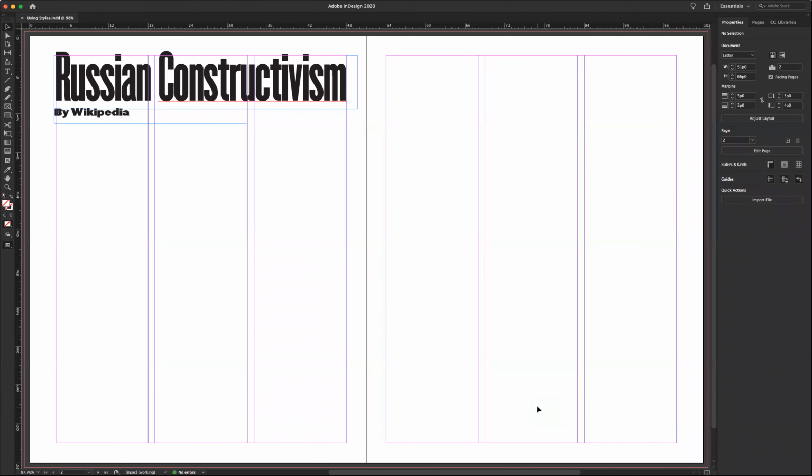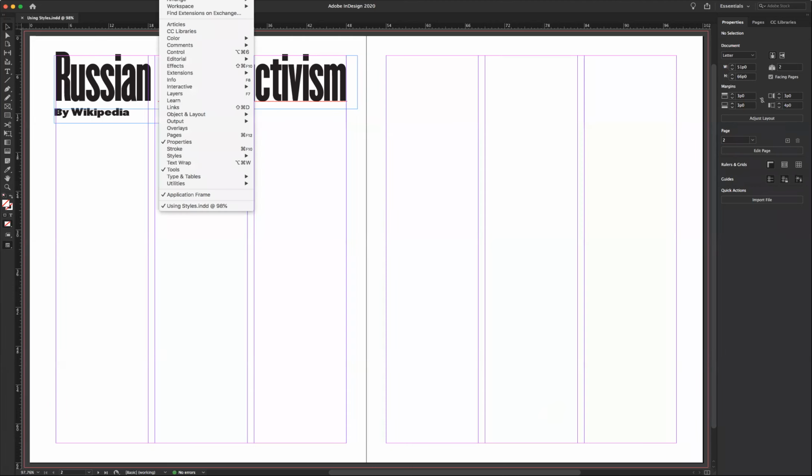So what do we do if we have a Microsoft Word document and we don't know whether it's been formatted correctly, which in fact is what happens most of the time? What is the smartest thing to do? Well, let's see. First of all, we're going to go to Window, Workspace,